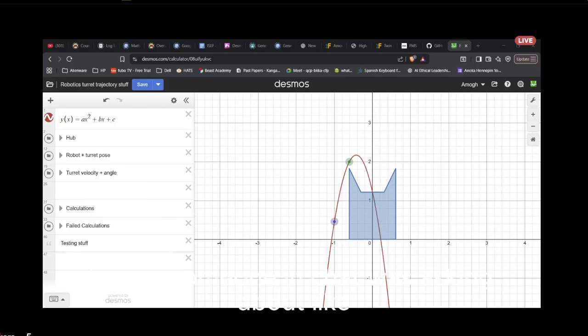Someone in chat was asking about how we calculated the angle and stuff. You should answer that question. Should I? Math me. Yeah. So basically, what we do is we take the robot position, a point like a few, I think it